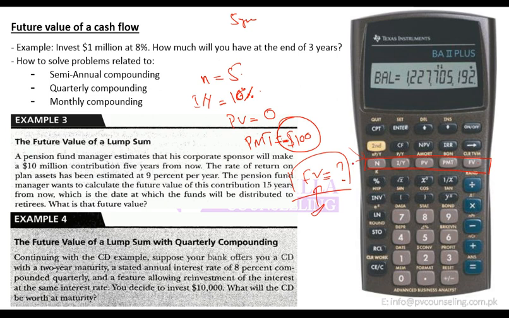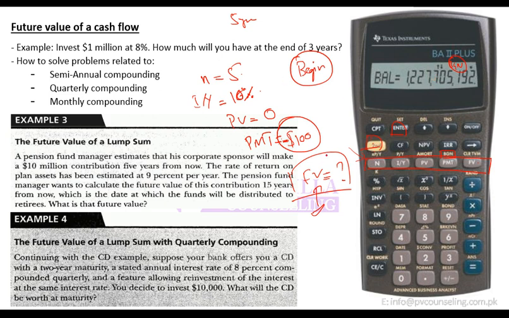How do you do this? You change your calculator to begin mode. Begin mode means that it will assume that the cash flow is happening at the beginning of the period. So how do you change it to begin mode? Press second, press set, second begin, press second, press BGN. On the top of payment you see BGN, which means begin. So second begin, and then second set. When you do this, you will see BGN written on your calculator screen on the top. This means now your calculator is on NVD due mode.